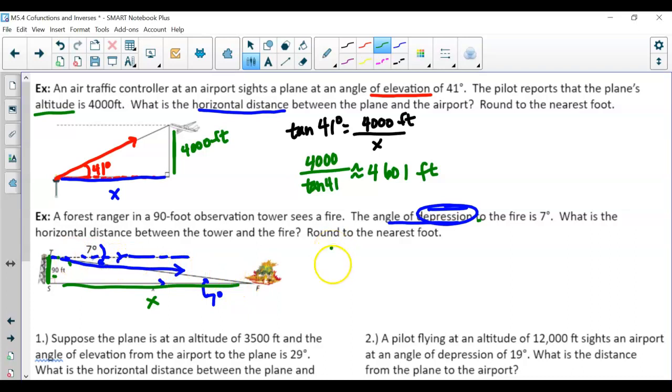No. So again, we're going to use tangent of 7 degrees is equal to, so here we've got our 90 over X. So again, make sure you are dividing, right? So again, we are dividing 90 by tangent of 7 degrees. And you should get that this is approximately 73